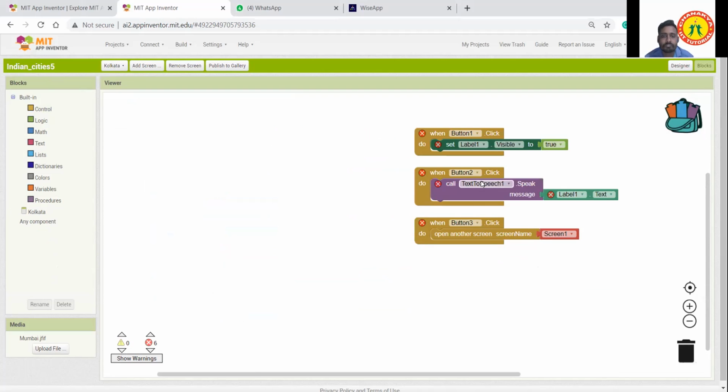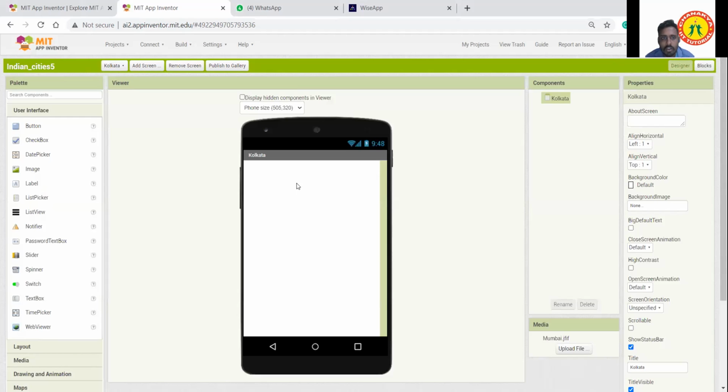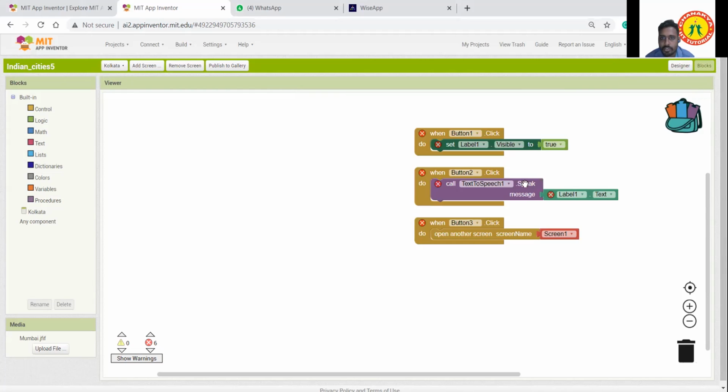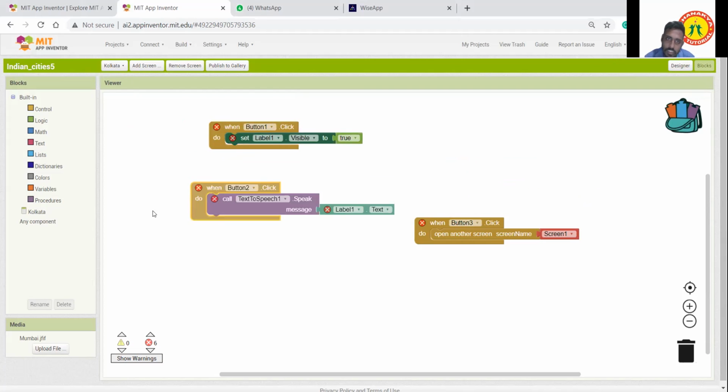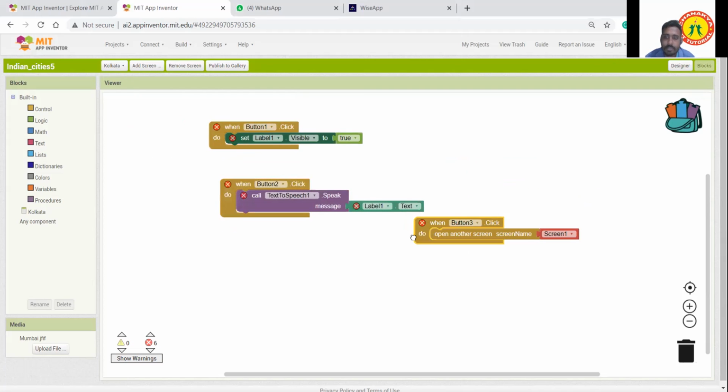Actually I have not created it yet, so that's why it's showing like this. So just the same blocks for all the screens. The concept is the same, right?